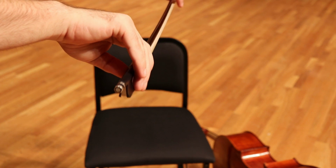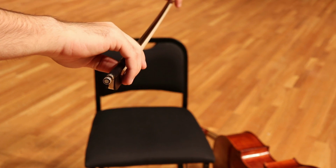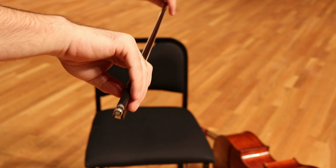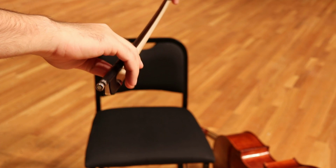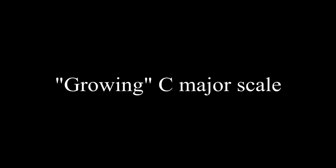Basically, I'm trying to make all of my successive joints from my shoulder down to my fingertips work as little shock absorbers, so that by the time I'm playing my full bow and I get to the tip for a bow transition, I've used all of my joints all the way down to the tiniest ones to make it as smooth as possible. One more thing that can help with keeping a really smooth sound is our string crossings,